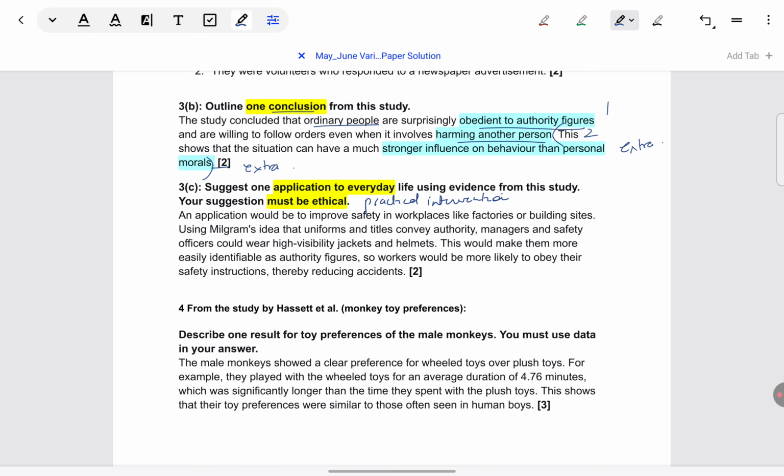Also, as they have mentioned, it must be ethical for the same reason that we cannot harm others by giving shocks in real life or by doing something destructive. So, make sure you're not giving any of that. Suggest is just like outline, describe, like all these AO1 command terms are pretty interchangeable, besides identify and name, which involve only 1 or 2 word answers. These all require that you give complete sentences, you elaborate when you're writing. So, more helpful in these cases than looking at the command term, because they are so similar, I feel, is looking at the marks. The marks are 2, so you have to give 2 points.